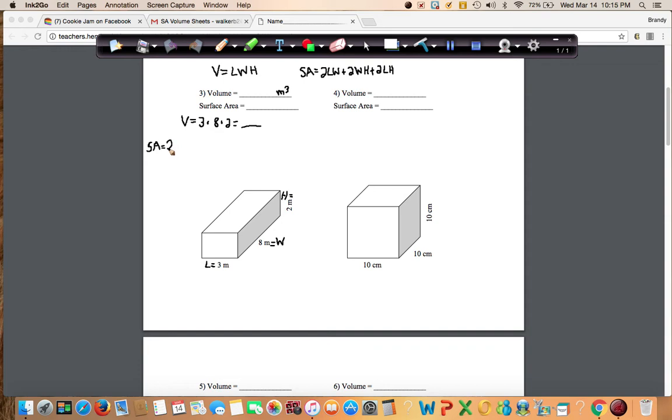Our surface area is going to be 2 times, because we have 2 sides, the length times the width. So length and width is going to give my top and my bottom piece that I can't see, but that's going to be 3 times 8, plus, so I'm going to add that, because remember, surface area is the sum of all the sides, 2 times my width and my height, which is going to be the left and right sides. So we have 8 is my width, and 2 is my height, plus 2,